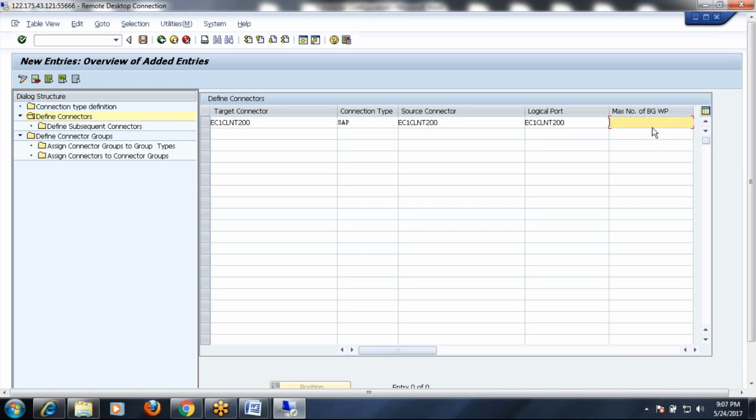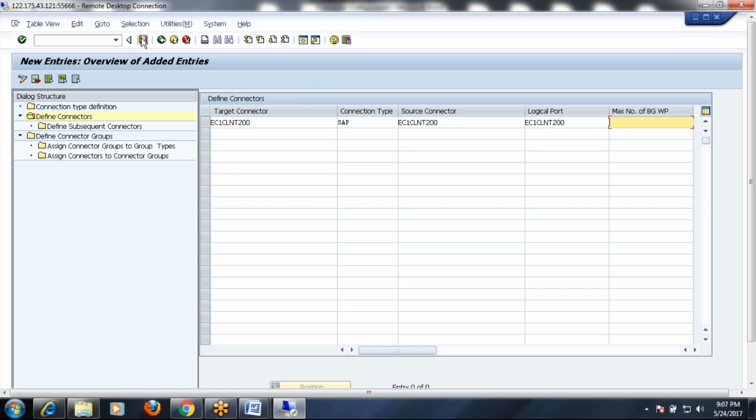There will be some dedicated background work processes for this connector. You can leave that empty also, it is not mandatory. But do not put a value without taking the suggestion from the basis team. It will generally be 2 or 3 background processes allocated to this particular